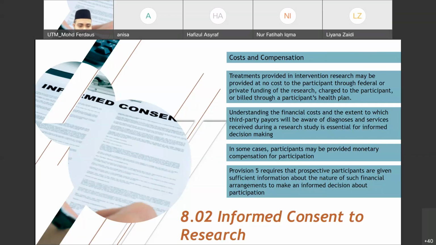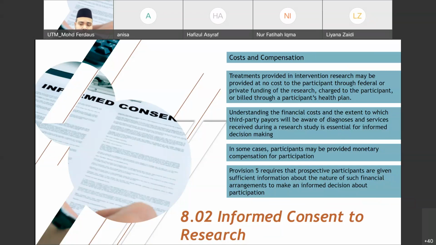So from a research ethics perspective, it's not appropriate. Why? Because those participants will basically contribute to our research. So if, for example, they need to pay, we need to inform them early, maybe when we are asking for permission or approval from the school.